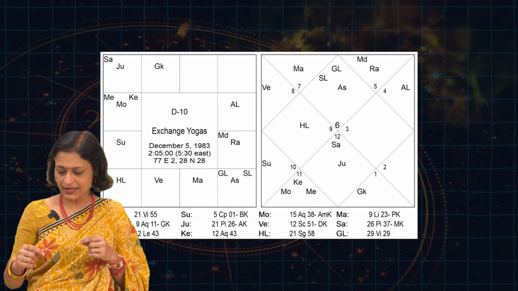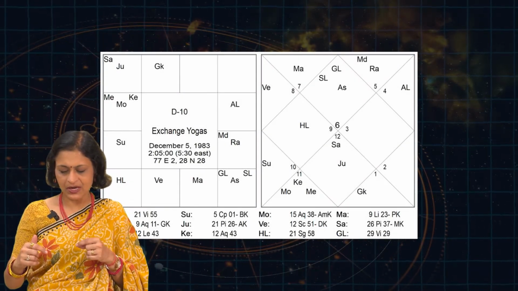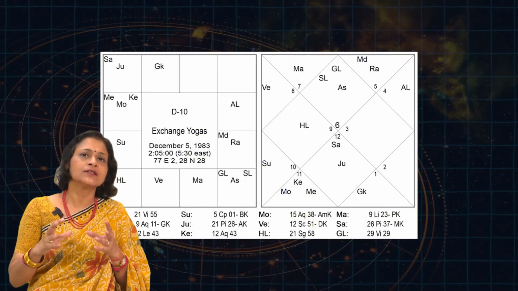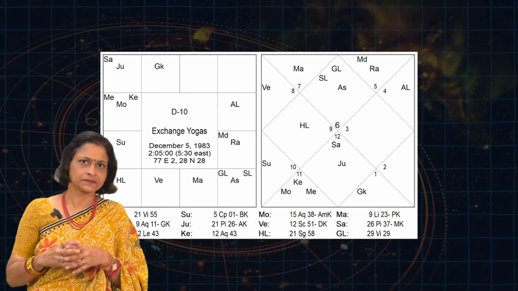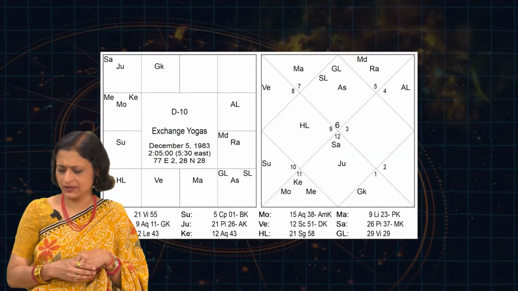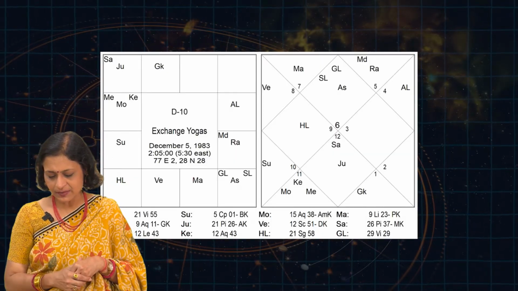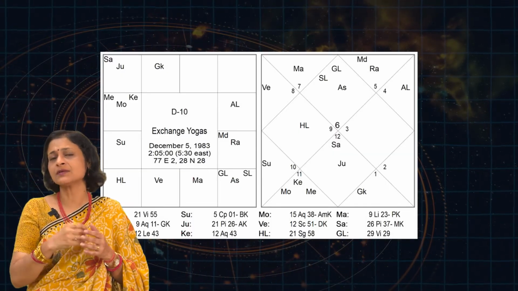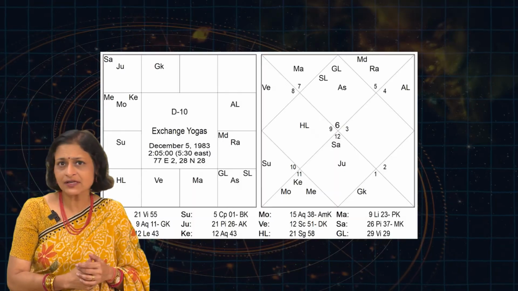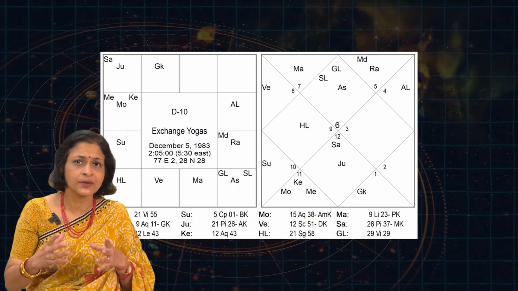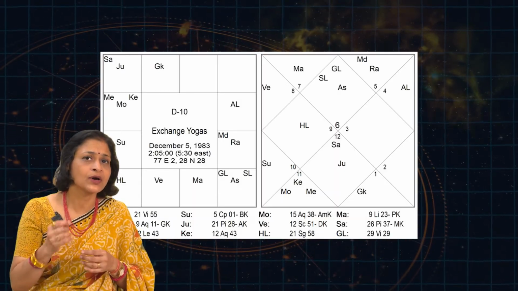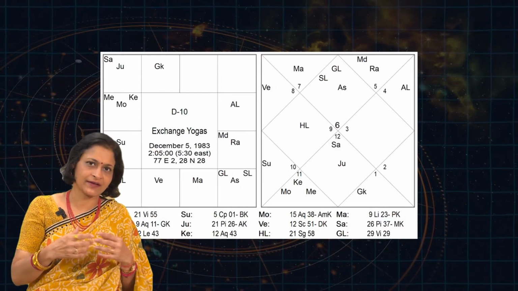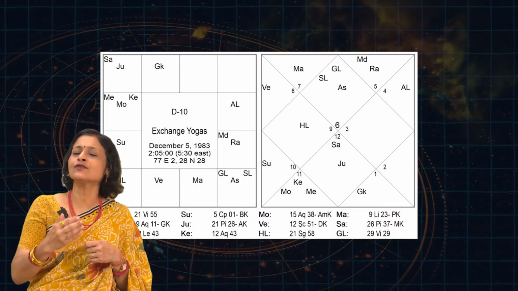If you look at the D10, you will see that Venus and Mars, again lord of the 2nd and 3rd, because it's again the Virgo lagna that you get in the D10. What do we see here? We see that Venus is placed in the 3rd house and Mars in the 2nd. Which yoga is working here now? We know that it's the Khala yoga, because it's an exchange with the 3rd lord. 3rd lord and 2nd lord have exchanged. And it's the 2nd house talks about